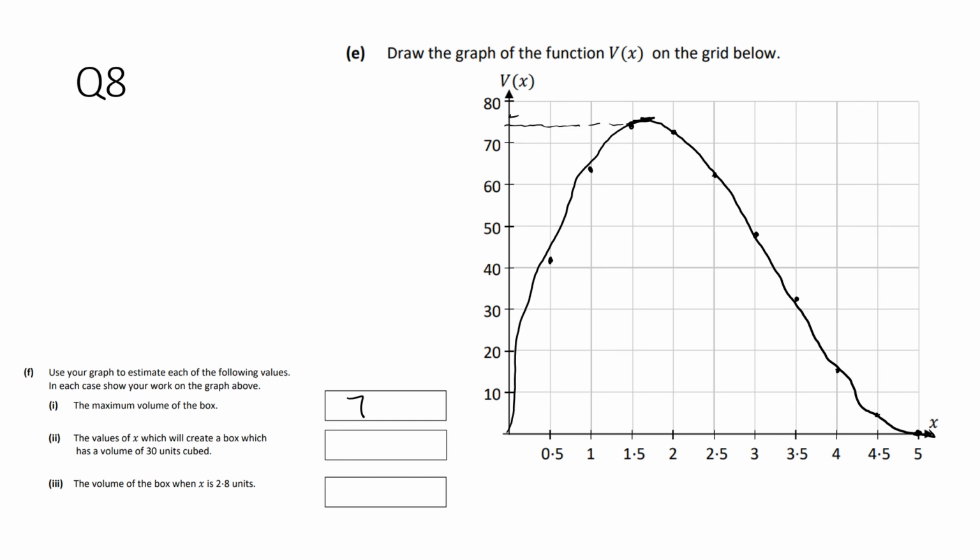And then the volume of the box when x is 2.8. So I go to where 2.8 is on my graph, and I use a ruler and try and be as accurate as you can, and go across. And I can see that's halfway between 50 and 60, so I would say around 55. They do allow a little bit of leeway on each side, like a percentage error, so 1 or 2 units on each side. Okay,